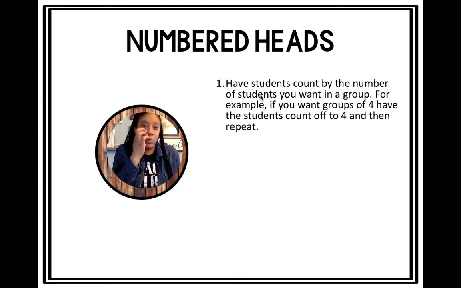Then once the students count off, you have them group up together. So I'll say, okay, all of the ones, you put the students in a group, and then have them count off. So they'll be in a group, there'll be 1, 2, 3, 4. And you will put them in your next group, you have them count off 1, 2, 3, 4. Then when you have them count off, you say, okay, I want everybody that was a number 2 in the group to stand up.